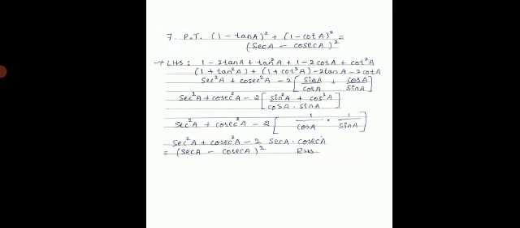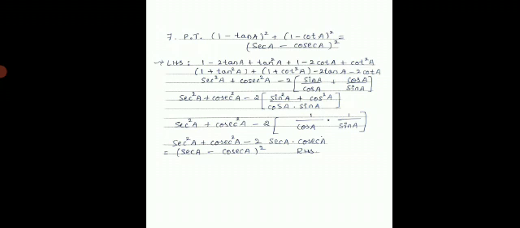So inside the bracket you get sin a upon cos a plus cos a upon sin a, that is the reciprocal of tan a as well as cot a. Now take LCM in the bracket. Keep sec square of a plus cosec square of a as it is, minus 2 inside the bracket. Sin a into cos a is your LCM.